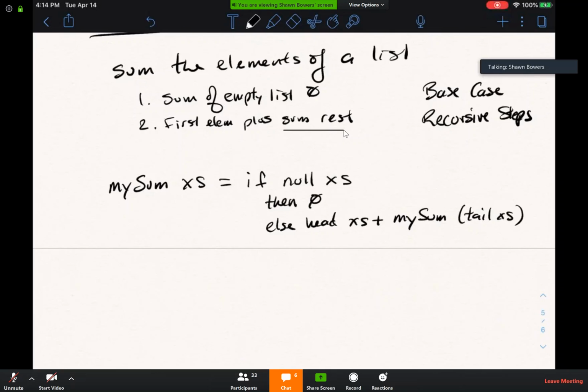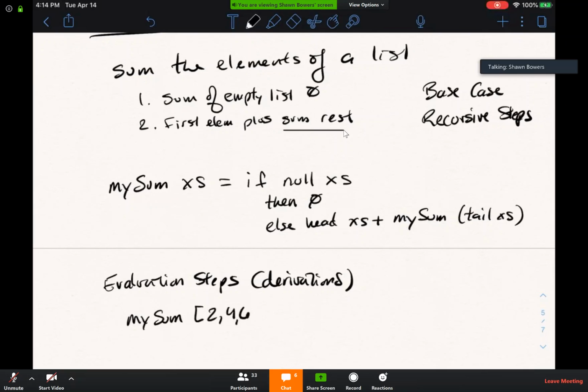Sometimes I'll ask you to show the evaluation of a function, so I'm just going to walk through that. Here are the evaluation steps. It's a lot like derivation in grammars. If you think way back, which seems like forever ago, when we were talking about grammars and derivations, the way you show an evaluation is basically like what you would do with a derivation. So if I call my sum on the list 2, 4, 6,